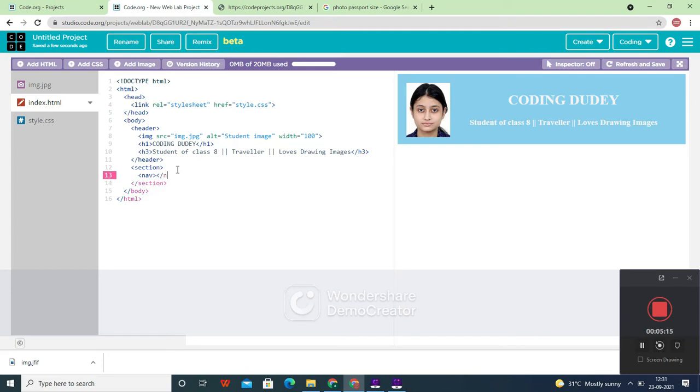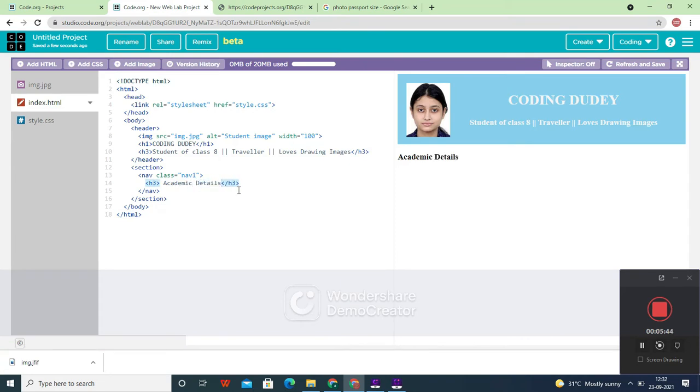Here you are going to give a class which is nav1. This is your nav, and inside it you are going to give your academic details. Here in this H3 tag you can directly give academic